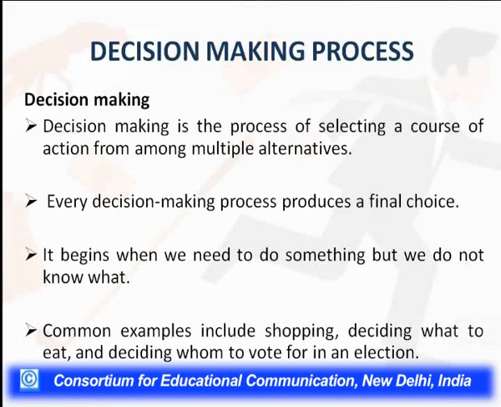So decision making is a process of selecting a course of action among the multiple alternatives. This is the first thing which you must understand as a student, that a number of alternatives are there, for example A process is there, B is there, C is there, D is there, and there are n number of alternatives which are present. But which alternative will suit you will depend upon what kind of outcomes you have thought about, what desired outcomes you are thinking about. So you have to match and map your alternatives with your desired outcomes, and then the final decision would come that this is the best process of taking the decision.